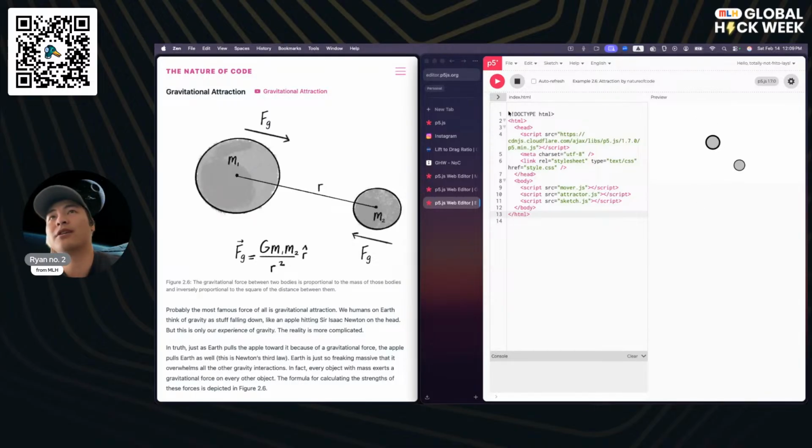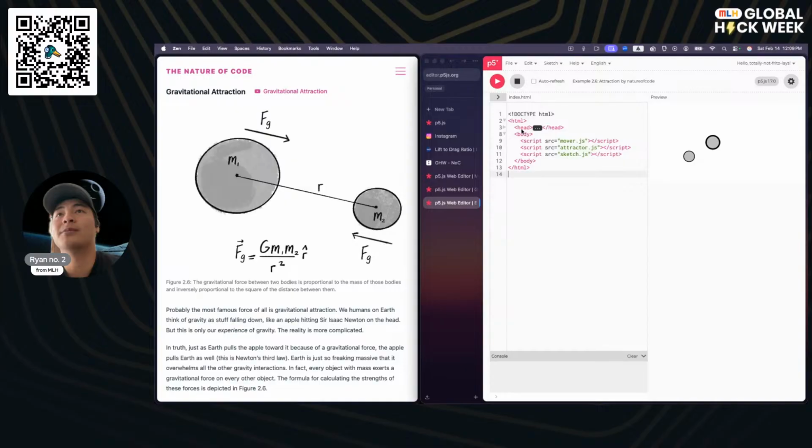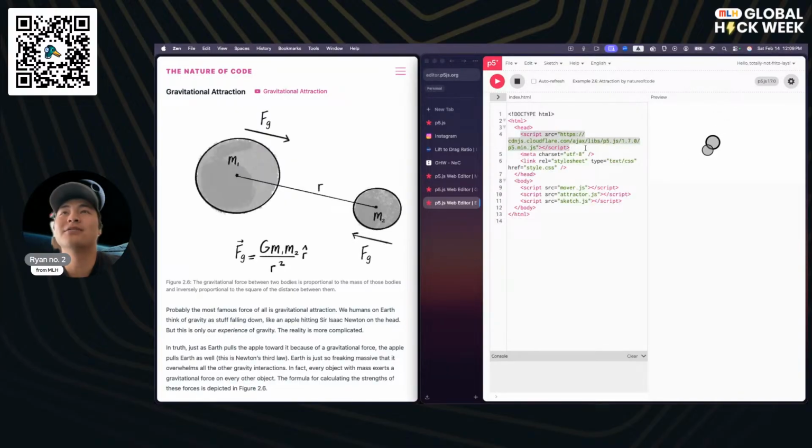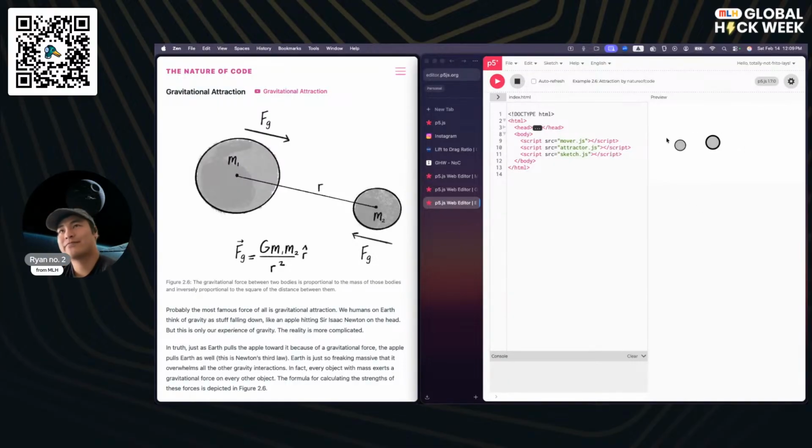Over here, we've got an index.html file, and this is just like a normal HTML file. It's got even less than normal websites would have. All it has within the head is a script for the P5 library, and then a link to a CSS style sheet, which is just a CSS reset to make sure that this properly sits flush against the top left corner of the screen. And then we've got a couple of scripts that link to some JavaScript files, which we will be going through in just a bit.